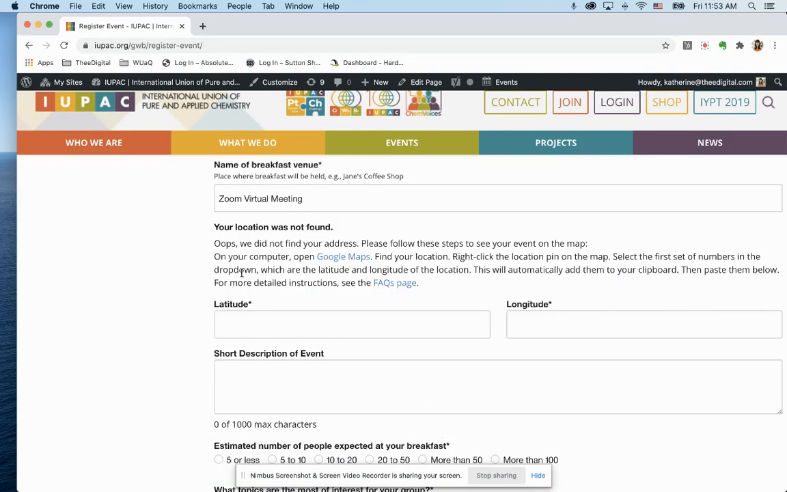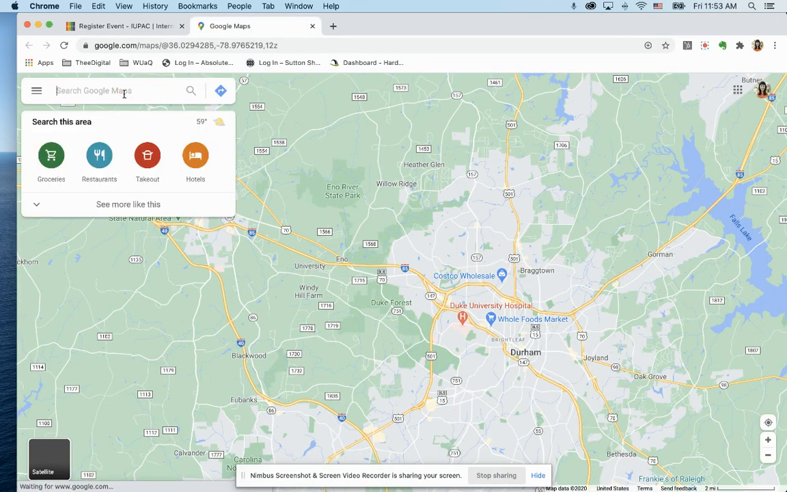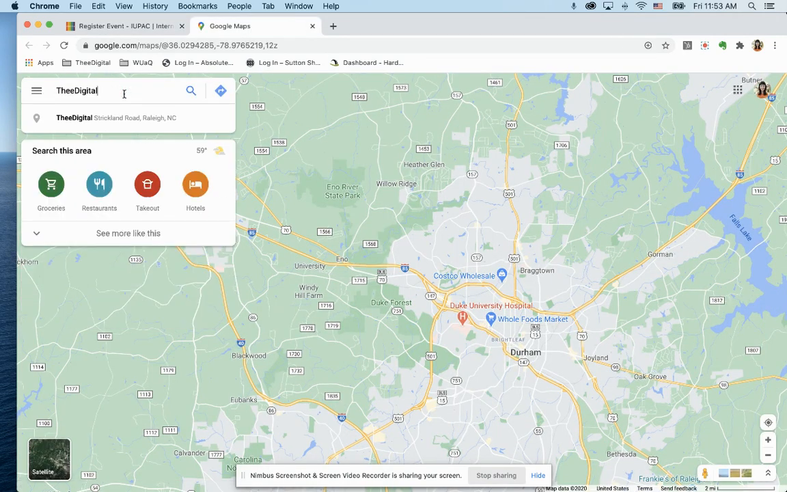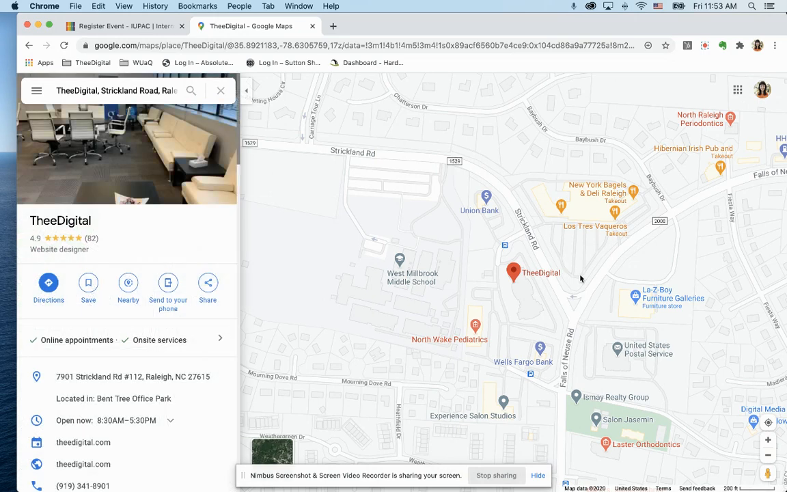Once you do that, you want to follow these instructions right here. I'll go through those with you really quick. You're going to open Google Maps. Then you want to find the location of the pin that you want on the map. So I'll do that right here. Let's say it didn't find it perfectly. You can always drop